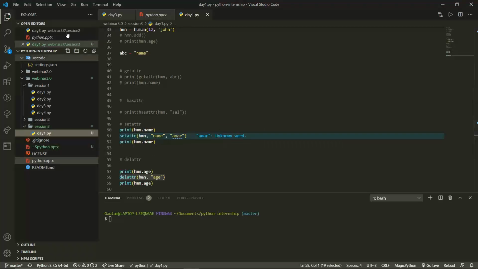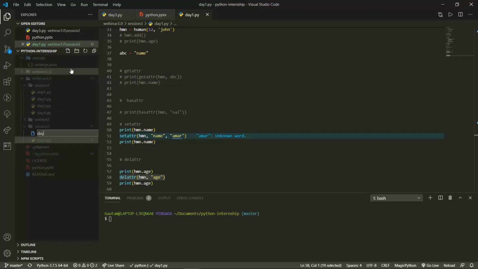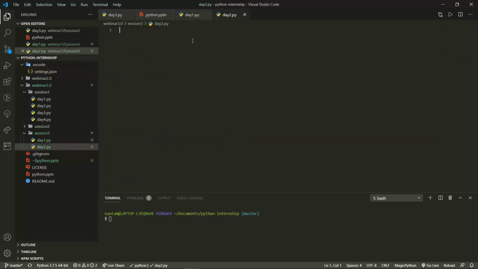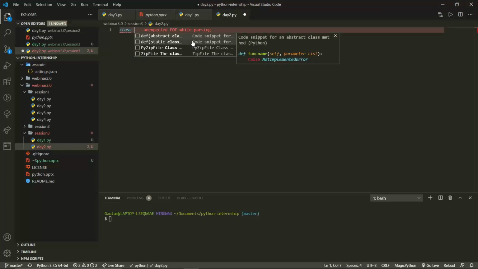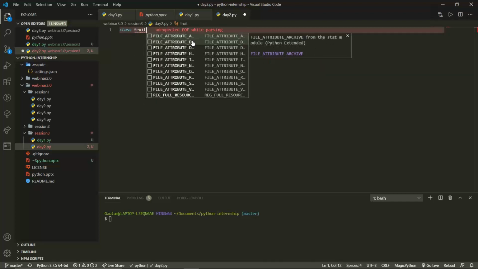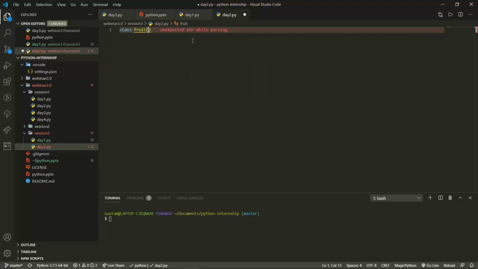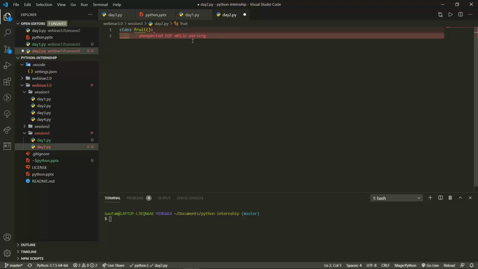So here we come, and we'll make another file. First of all, we'll make a class, fruit. Inside this, we may define a function or some attributes, whatever you want.